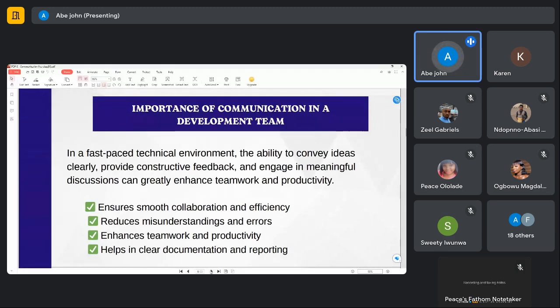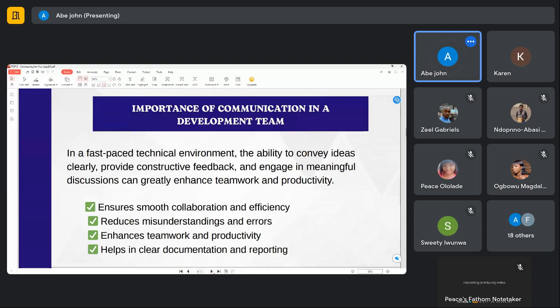So whichever way, it has caused misunderstanding and errors. But once the communication is very effective, it reduces that to the barest minimum. Fine, there might be some scenarios whereby misunderstandings will come up, but effective communication will actually reduce it.